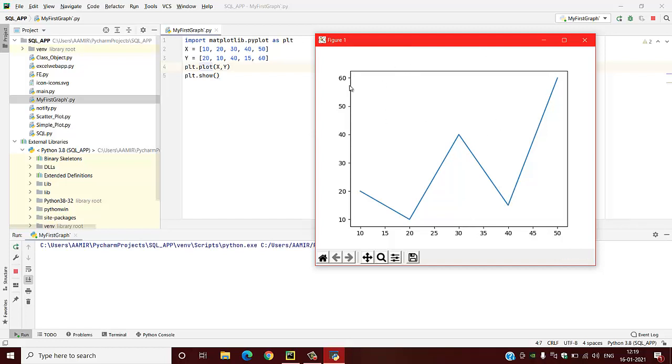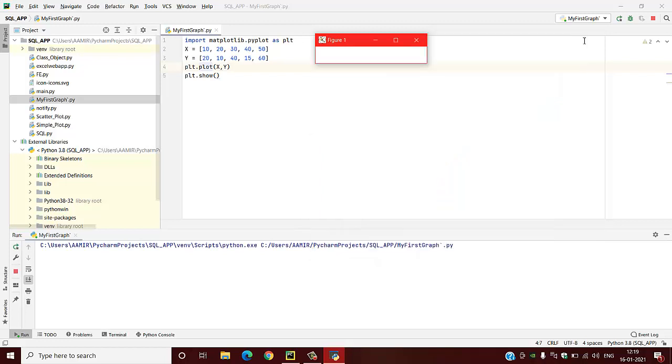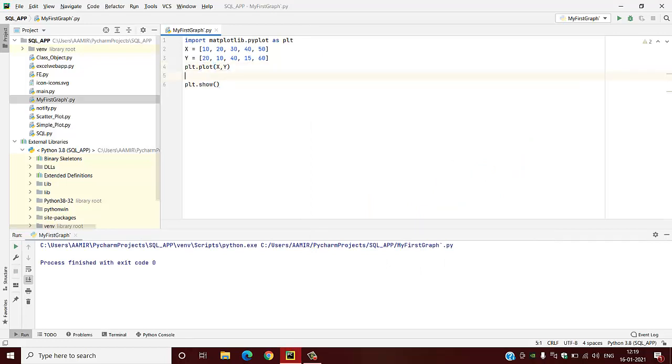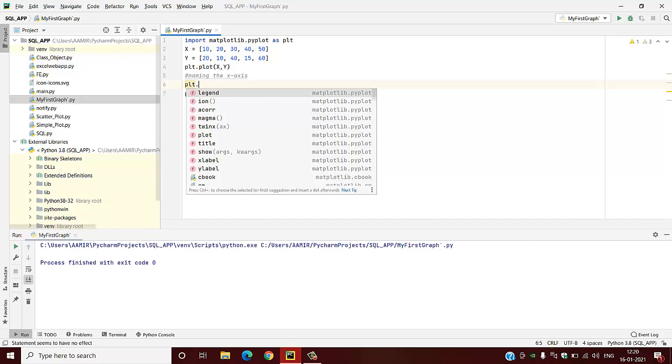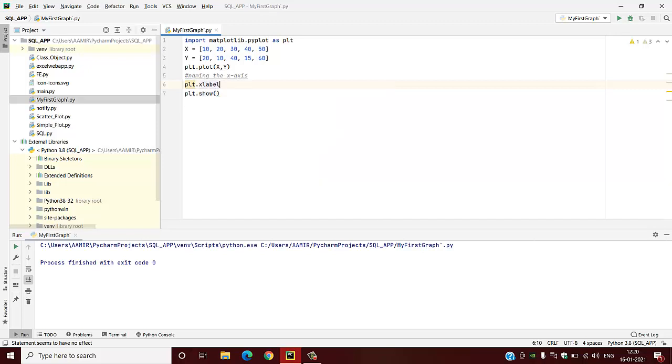Now you will see there is no label. So for providing the label for the respective x-axis and y-axis, we have to provide the label name. So first of all, naming the x-axis. The code is plt.xlabel,